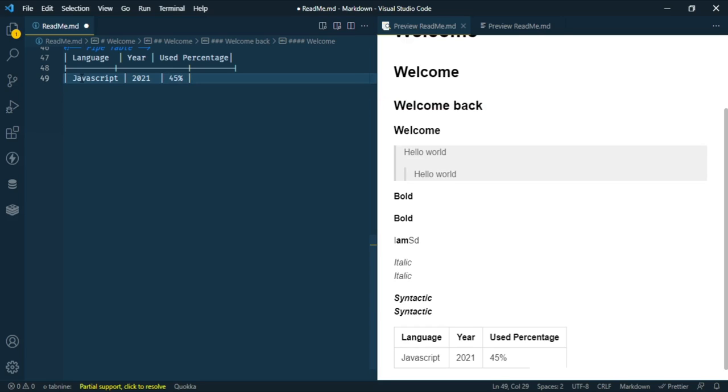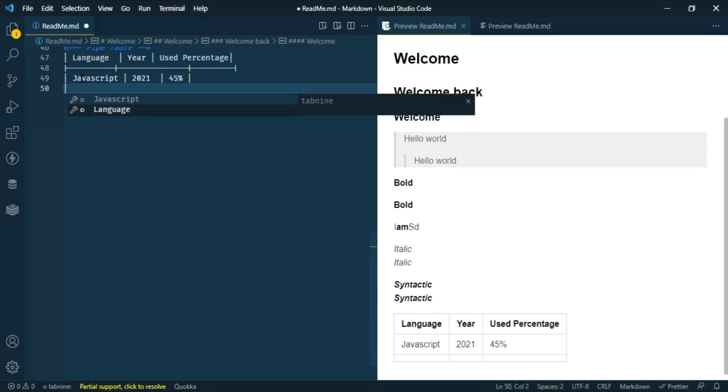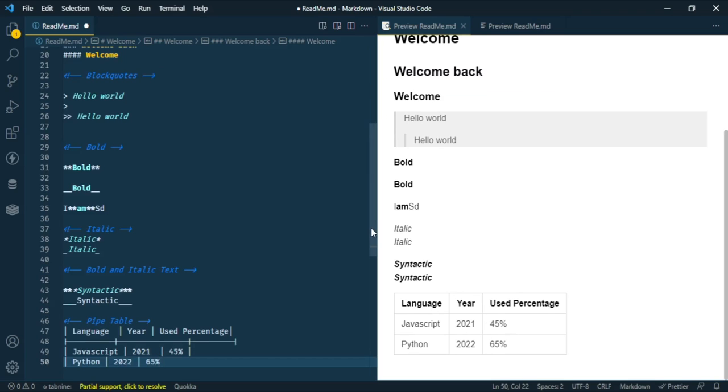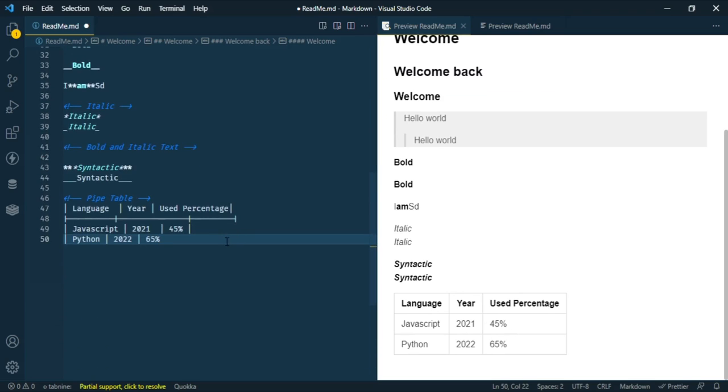And maybe let's predict maybe in 2022, and maybe Python, so Python language, so in 2022 the percentage of people making use of Python will increase to 65%. And you can see right here we have a table, and that is how to make use of a table right there. It's not only text you can add to your table,